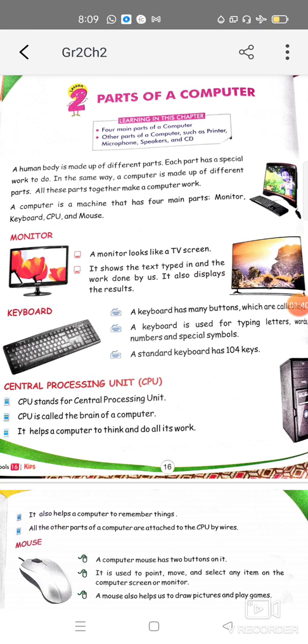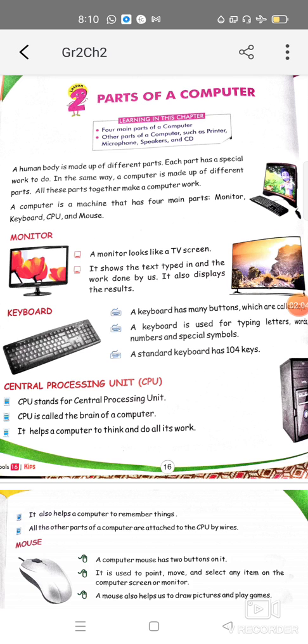So basically you all know that a computer is an electronic machine. It runs on electricity and it has 4 main parts. Main parts means the parts without which a computer is not complete, which are essential parts of a computer, जिनके बिना computer work नहीं कर सकता.